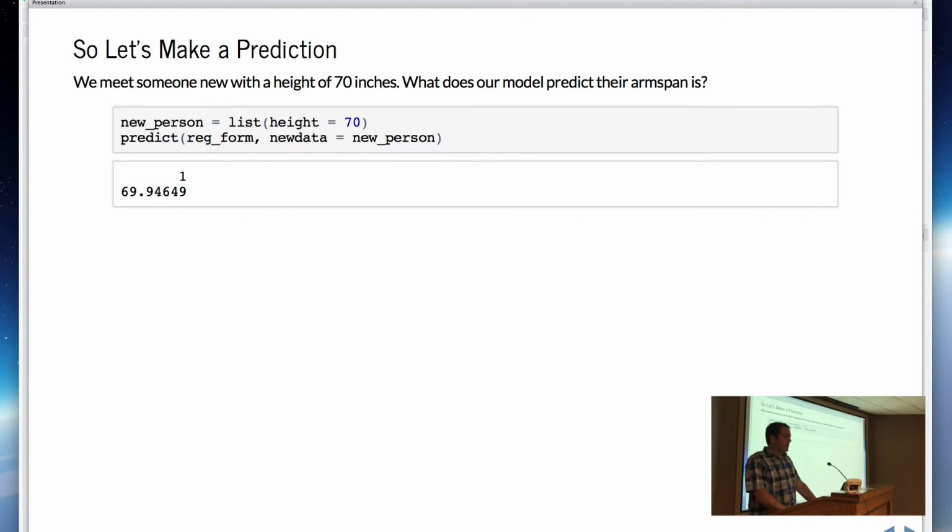So how do we use that to make a prediction? In R, the predict function takes a model of most any type and any kind of new examples, and then gives us a response. You'll note here I used a list, since we're just doing one value, there was no reason to create an entire data frame. Those structures work as well. But if I had passed in a data frame of multiple values, I would have gotten multiple predictions.